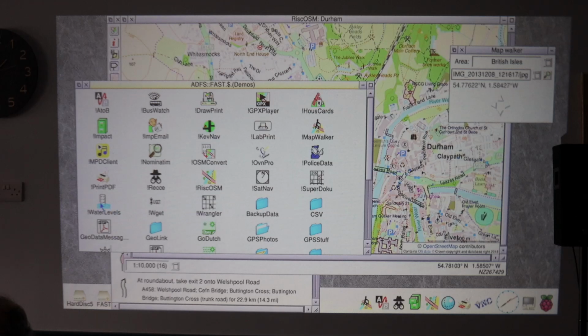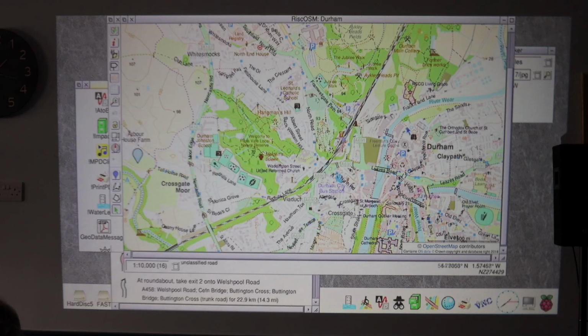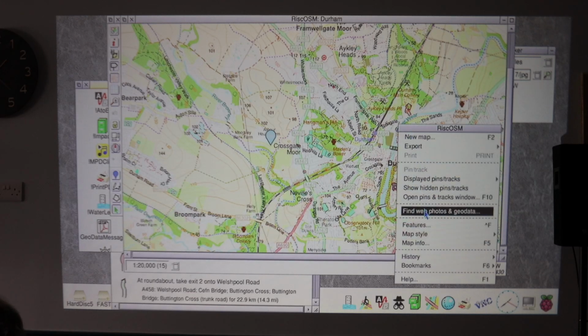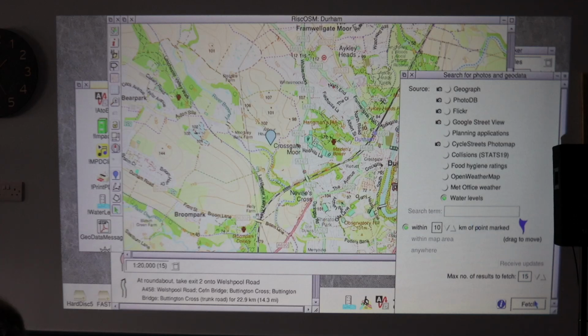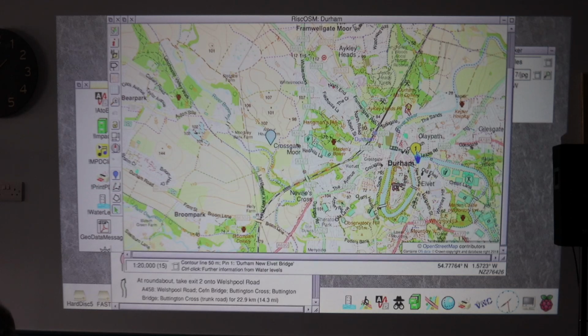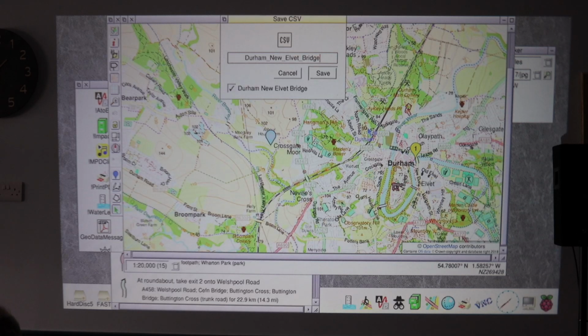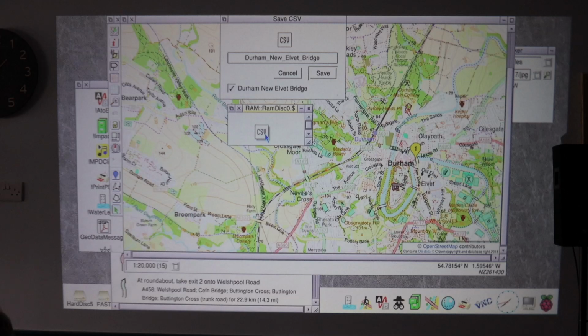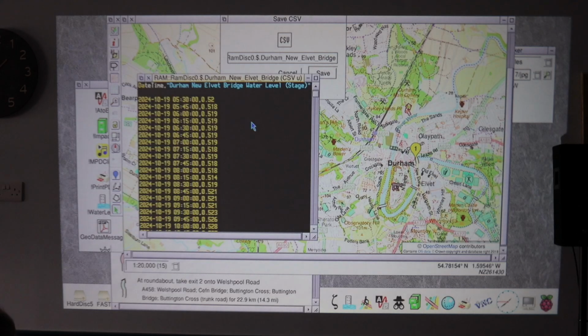Water levels talks to the Environment Agency API, and it can go and look up places where they monitor water levels, like this. And if we control click, you'll see down the bottom of the window there, it says further information from water levels. If we control click, it will go and get the data for the last week or so. We can save a CSV file, and